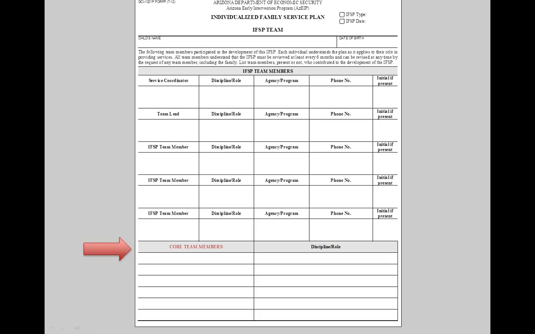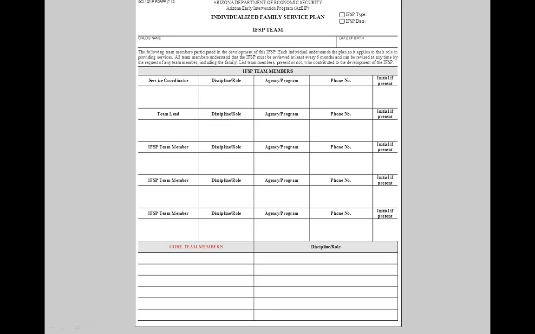The bottom portion of the page will list the child's core team members not listed in the top section. This section is currently used by the AzEIP team-based early intervention services contractors, but in the near future will be used for all service-providing agencies once teams are in place statewide. By listing all team members available to the family, we reinforce the team model in which one person is the primary service provider for the family, but both are supported by the entire team who can be available to them when and if needed.